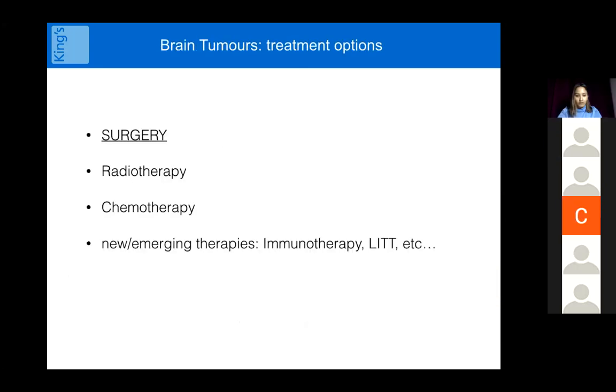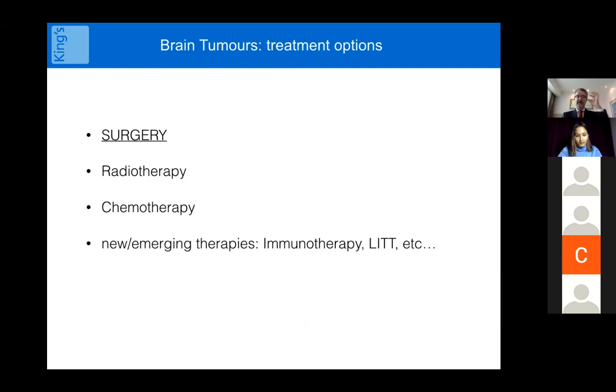Okay, so we have now gone a little bit about the background. We have seen how patients tend to present. So let's see how we can help our patients and what treatments we have available. And these are surgery, radiotherapy, and chemotherapy. These are the 3 established treatments that we have for these types of tumor. And there are some new and emerging therapies. And what I'm going to focus on in the rest of the talk is actually surgery, because that's what I do